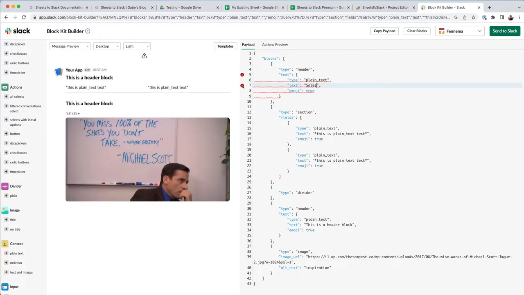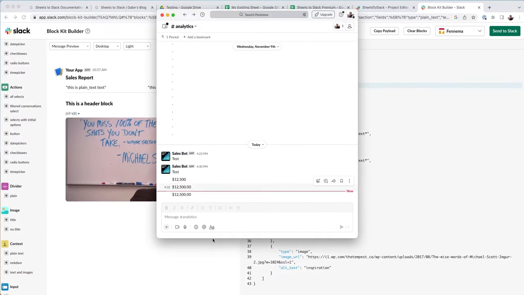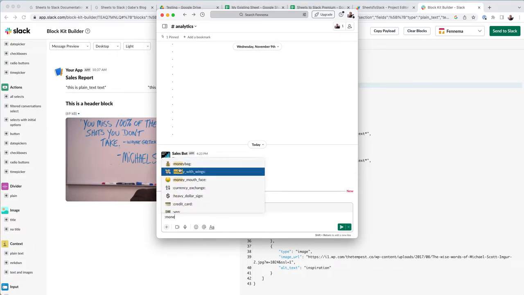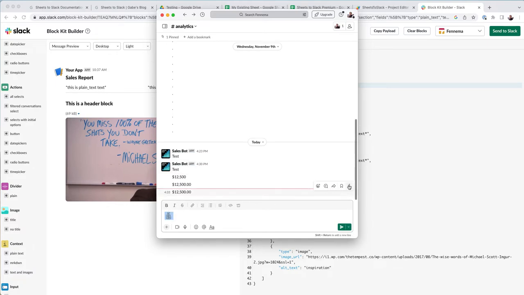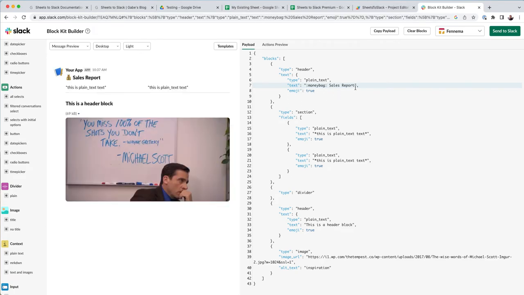let's just do sales report, and then we could do something like, what's a good Slack emoji? Some sort of money. Let's do money bag. So if we do money bag there, we can do that. So we got the sales report, and then we can have